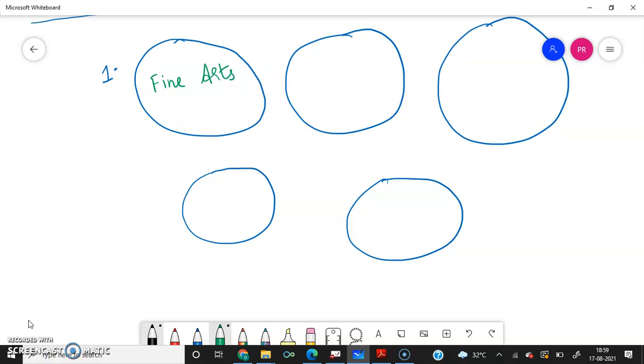So what are the things which can be included in the fine arts? It is nothing but art, music, theatre, visual arts, and performing arts. All these can be grouped together, and one name can be given for the whole group, and that is known as the fine arts. This helps the student to select the bigger group they are really interested in, and they can go for the subgroups also. And then comes the humanities.